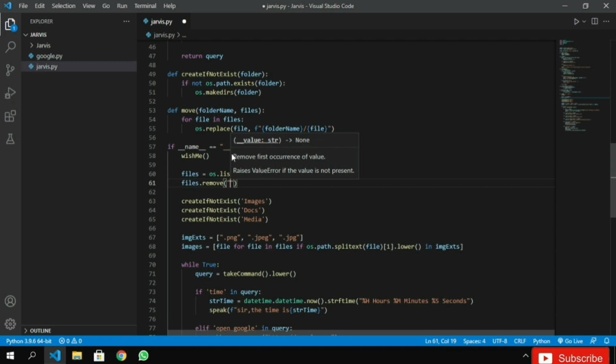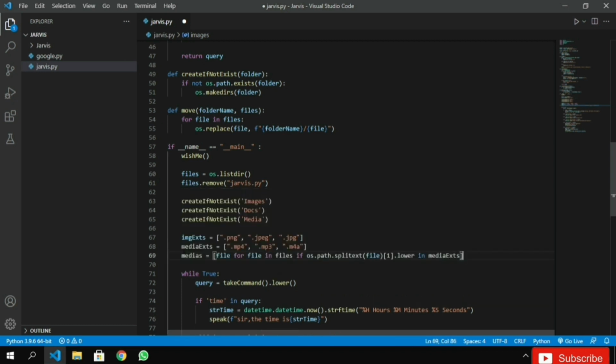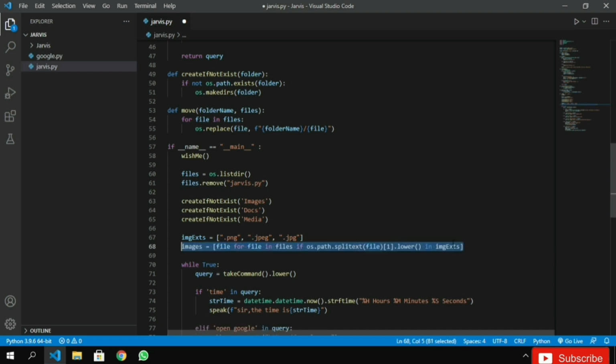Here jarvis.py. Right, now the yellow underline is gone. Then you can copy this one, because we'll keep on typing this for 4 to 5 times. So copy it, and